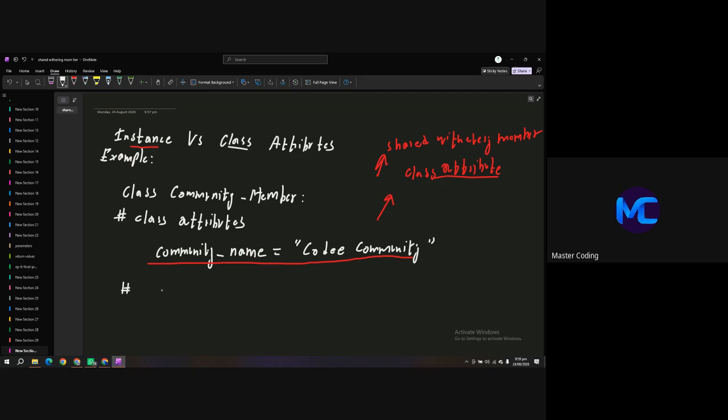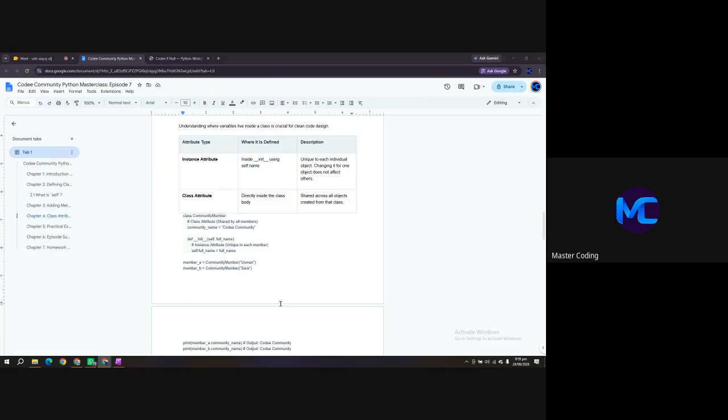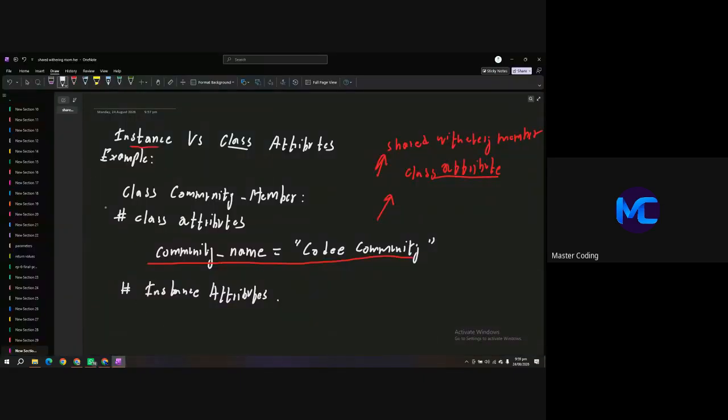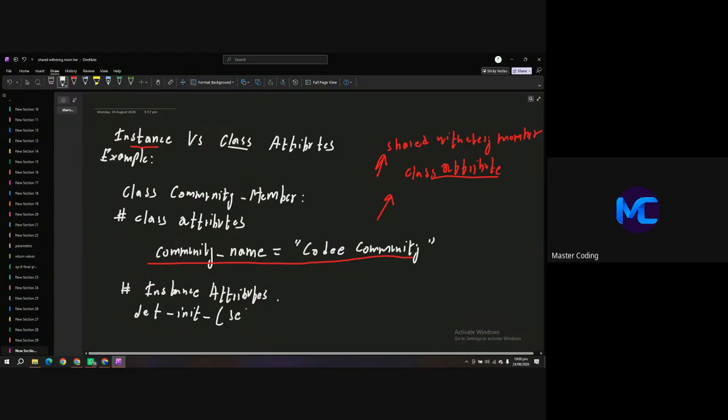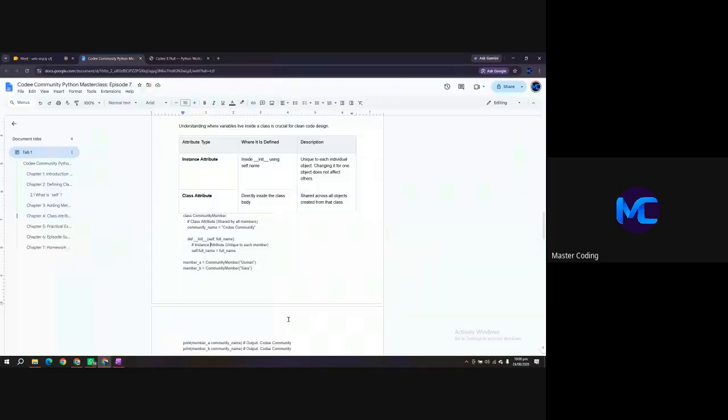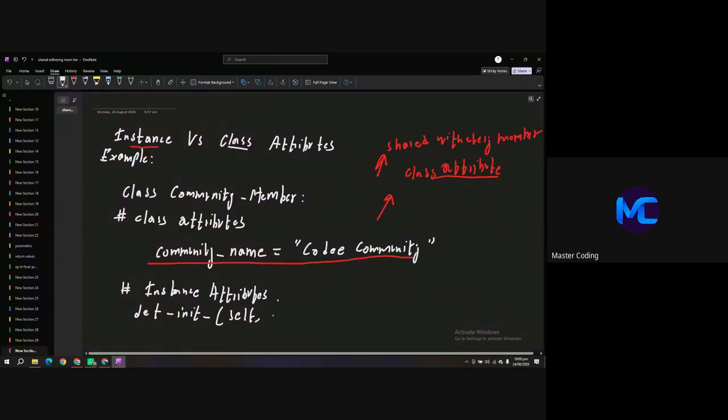Let me just write it. Instance attributes, like this. So let me just see the example. Our example is, first we need to define them using our init command. Let me just do it, and we want to pass some attributes: self at the first, and we want to assign, for example, full name. So the full name, like this, full name,